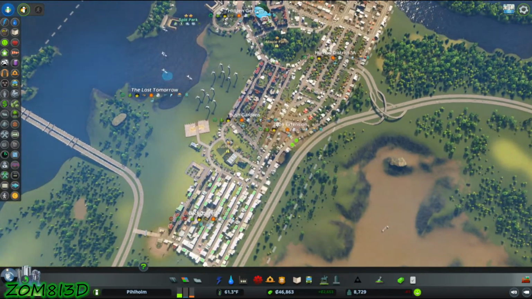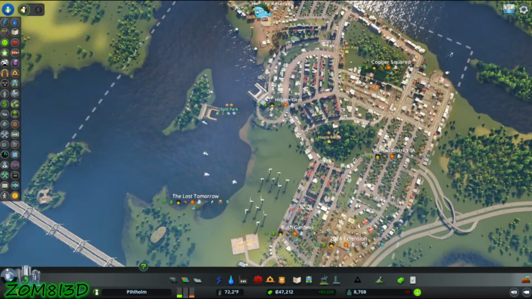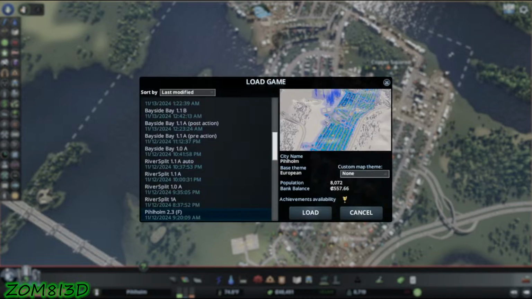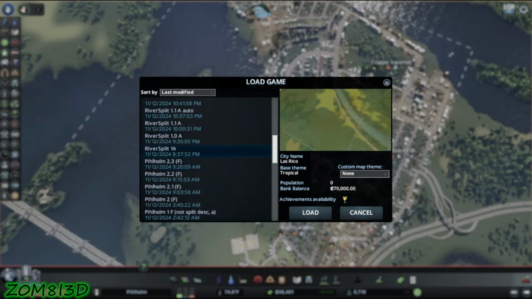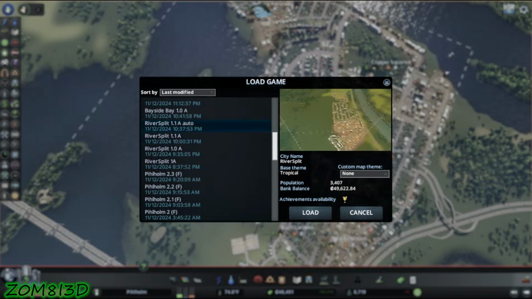But I had got to a point where I was trying to figure out how to do hydropower, trying to do a self-feeding hydropower thing. I don't think I ever saved any of those either, which kind of sucks because they were stupid cool. So then I did this river split,